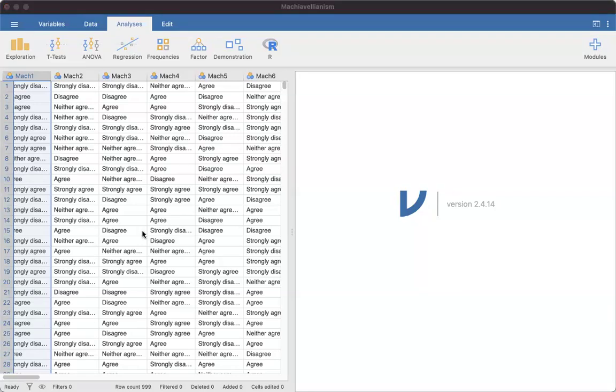it's publicly available, and it was collected using the Mach 4, which is the Machiavellianism scale that was developed in the 70s. And Machiavellianism is a personality trait that is typically marked by manipulation and deceit and other negative aspects. So this has 20 questions for Machiavellianism, and this is a good example of some reverse scoring that needs to